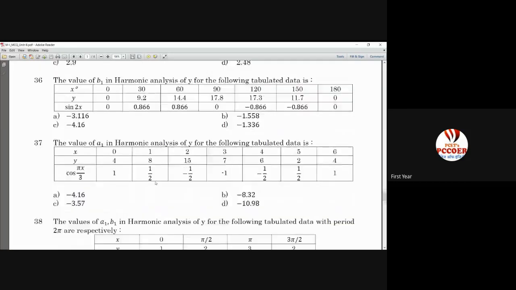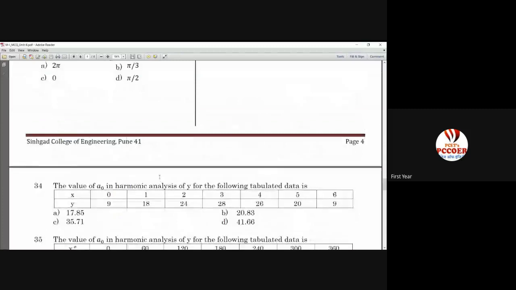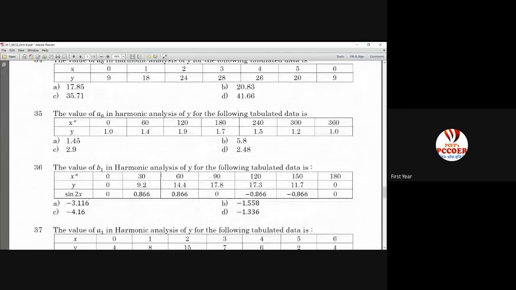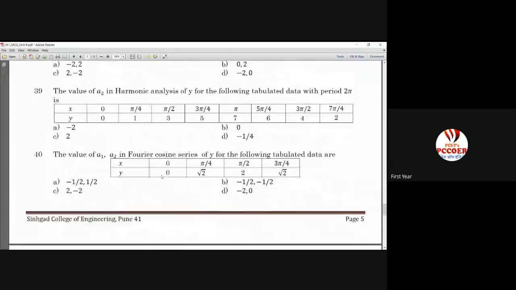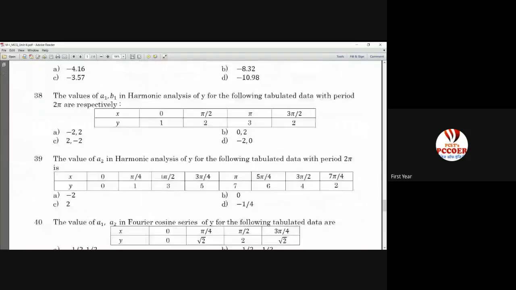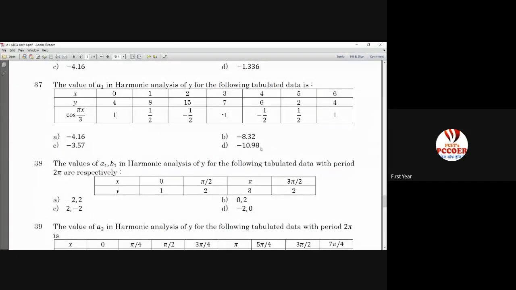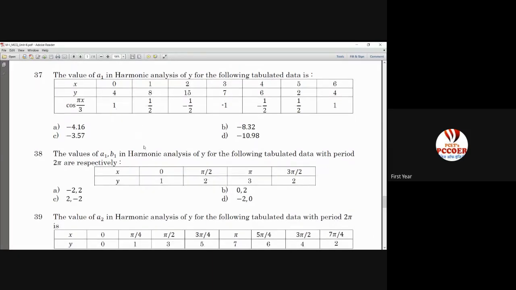So that option is there somewhere. Just a second, let me see. It is not there. Okay, so the question here is wrong. You change the option. The answer for question 37 in the question bank is minus 2.833. Make a note of it.